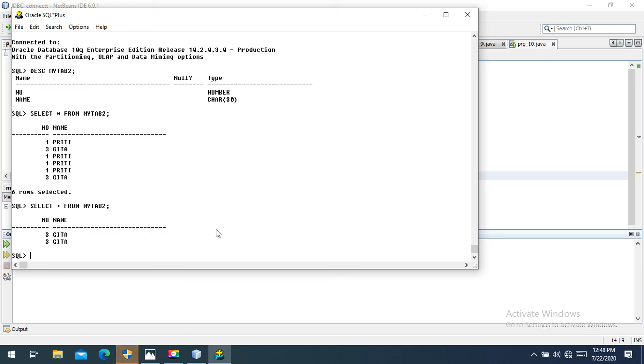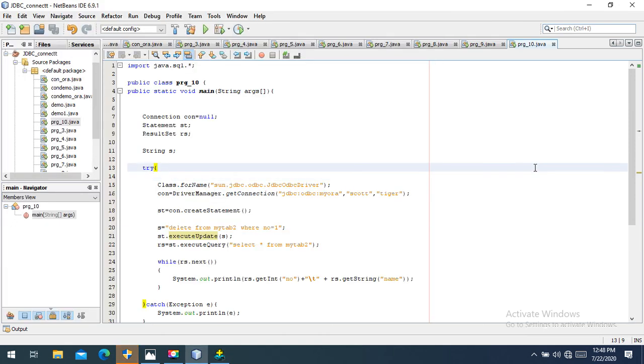Fine. So what we have done today: as we have done the deletion of record and updation of record for the Access database, today the same thing we have done for the Oracle database,